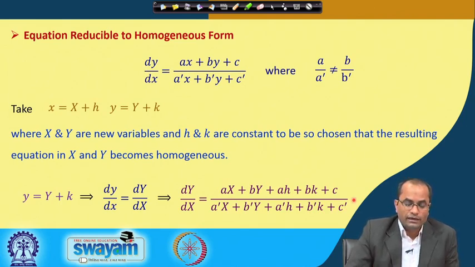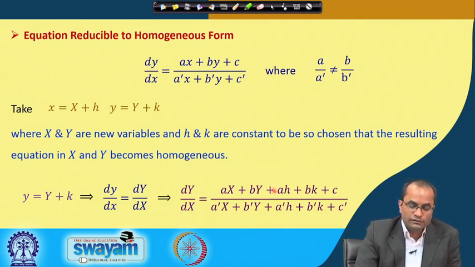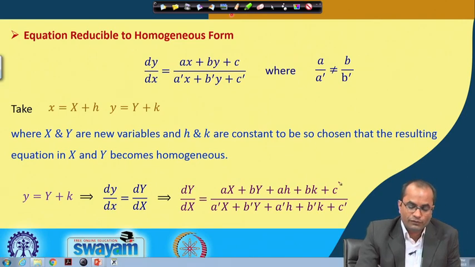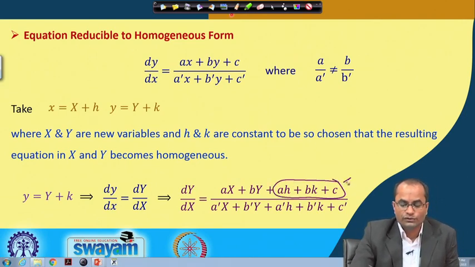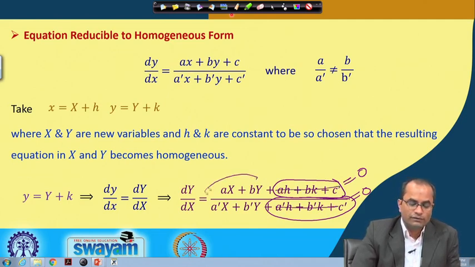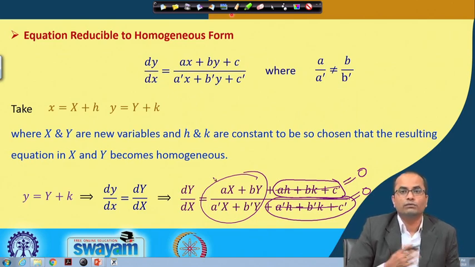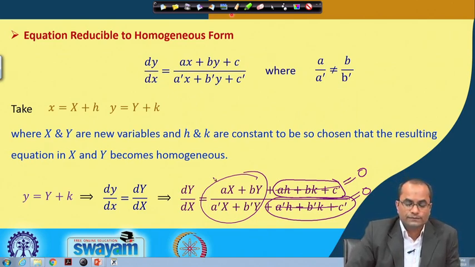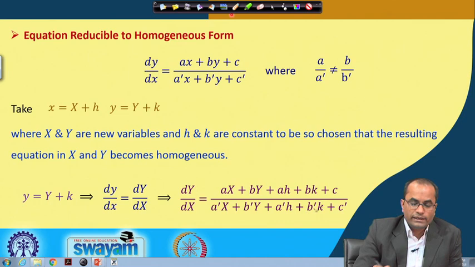And now, the idea is that since h and k we need to choose, we will choose them so that this becomes 0 and this also becomes 0. Once we have chosen h and k so that these two expressions vanish, our equation will become a homogeneous equation, and that is the aim here. So, by setting these two terms equal to 0,